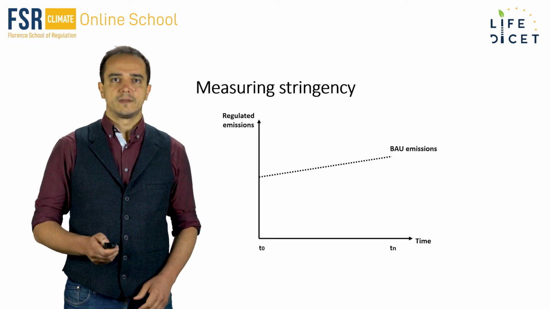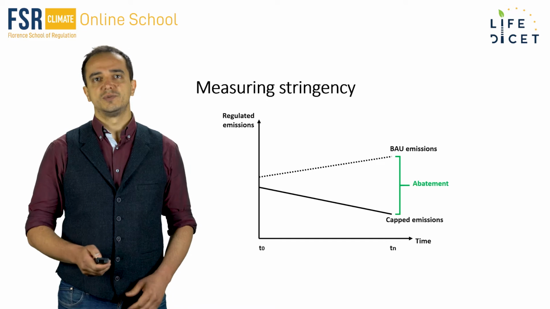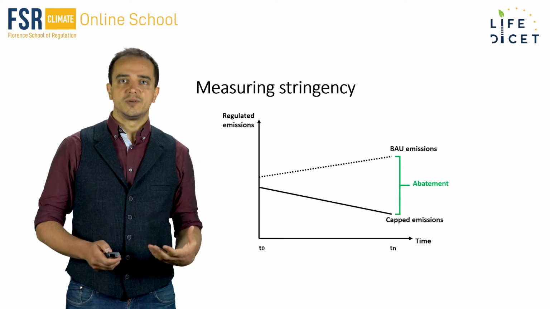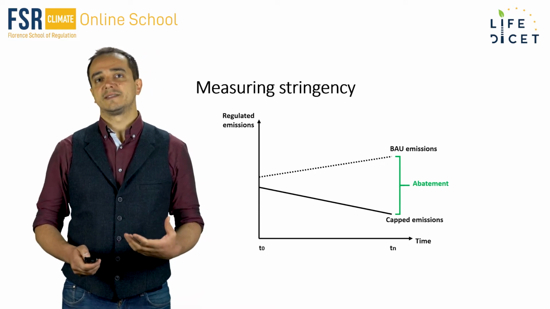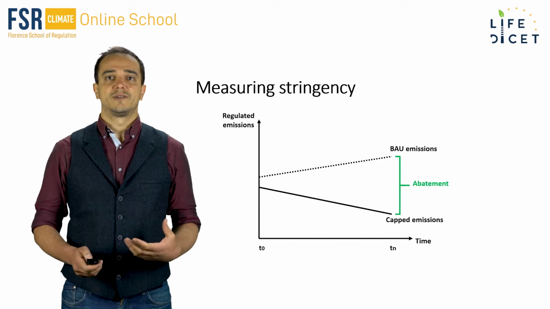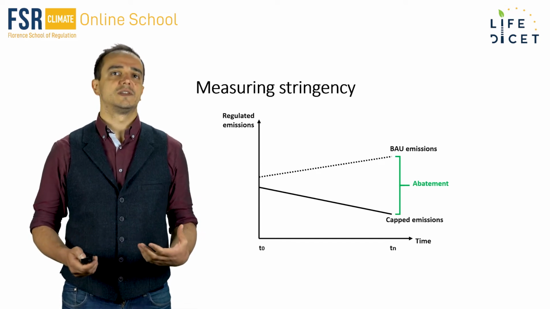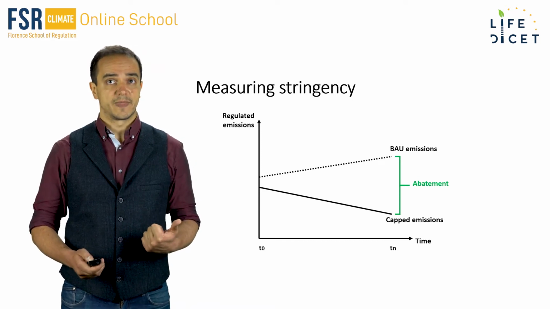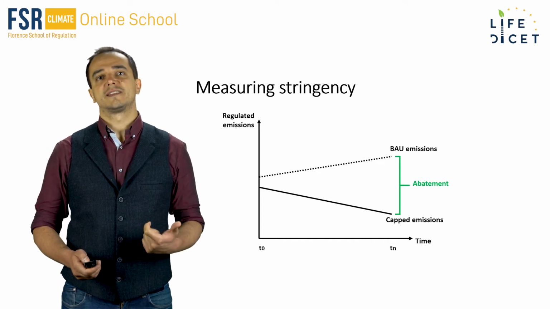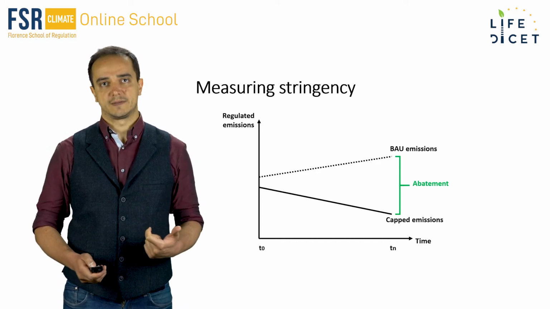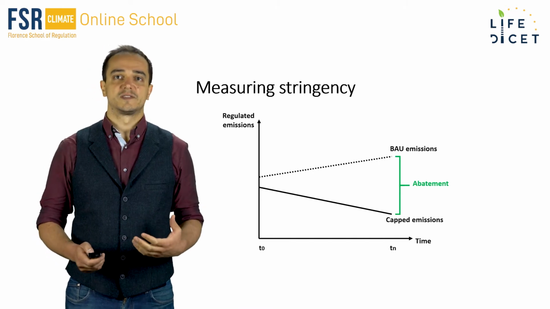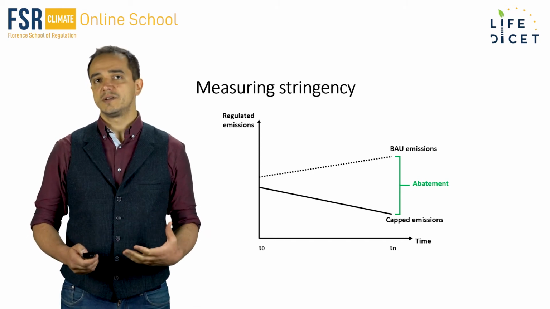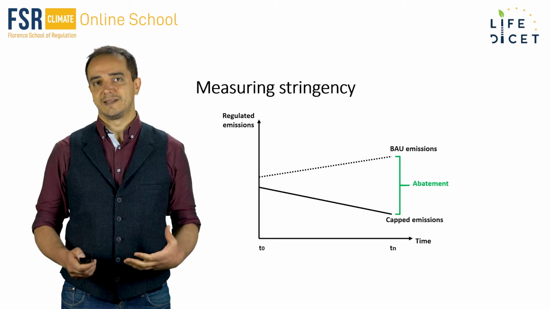Now, as I said, target stringency refers to abatement relative to business as usual emissions. The issue with BAU emissions is that their estimates necessarily come with a margin of error. Therefore, alternative stringency measures that are commonly considered are, first, targeted abatement relative to historical emissions, and second, allowance prices as a proxy for the system's marginal cost of compliance. Between these two metrics of stringency, there are multiple reasons why allowance prices are preferable. Unfortunately, we do not have the time to discuss these reasons here.